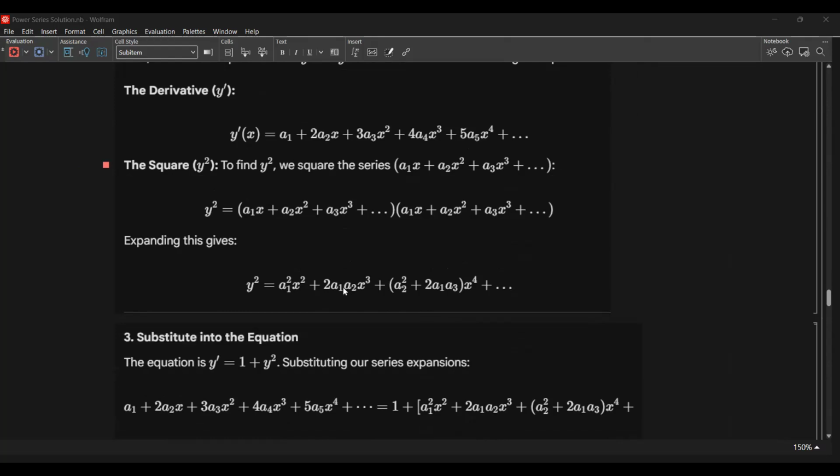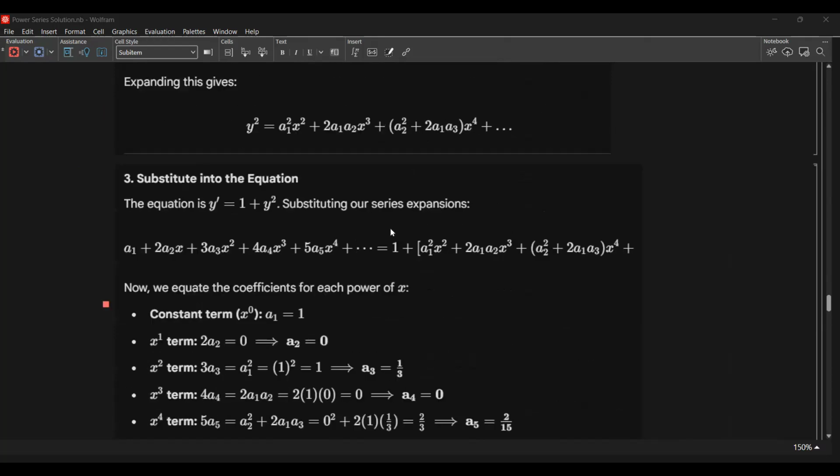So we have the same power of x here, x cubed. After multiplying the series here, we group the terms of the same power. For example, terms of x to the fourth, we group here. Terms of x to the third, we group here. So after multiplying the polynomials here, the two polynomials.